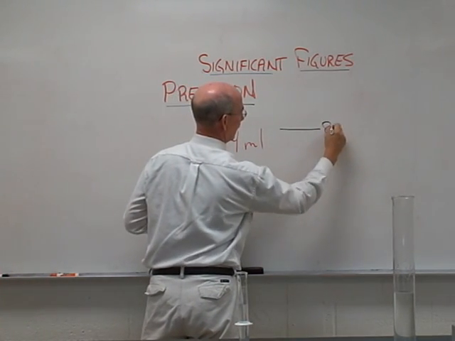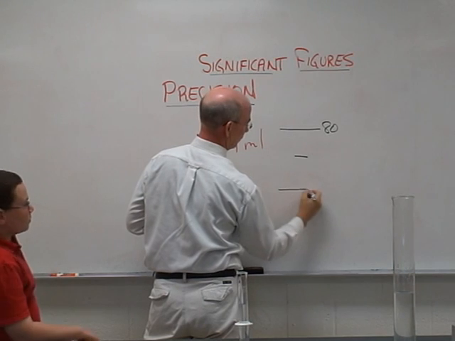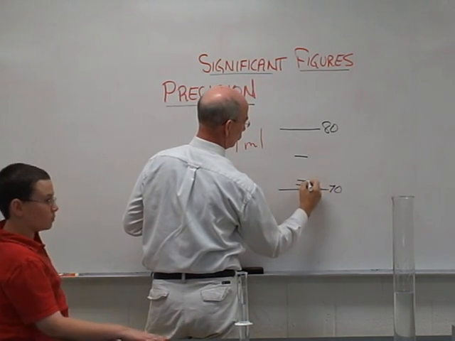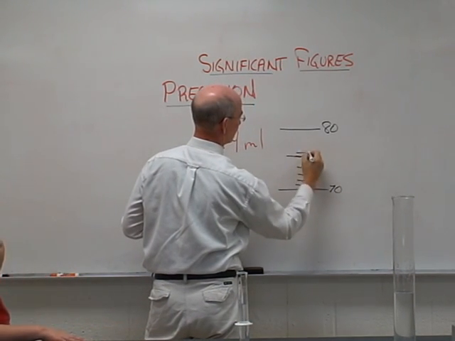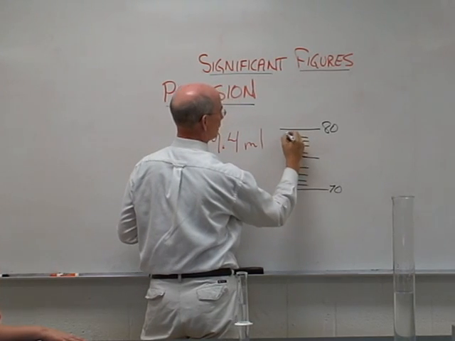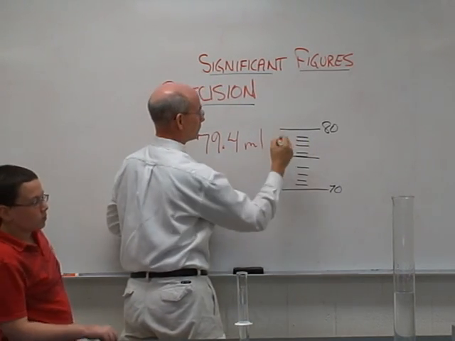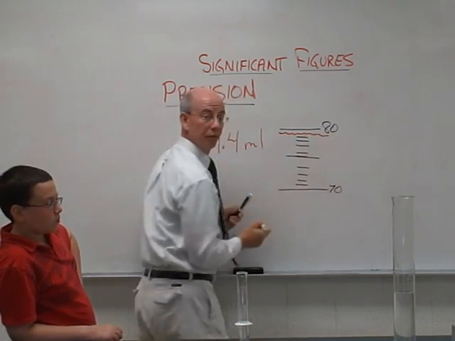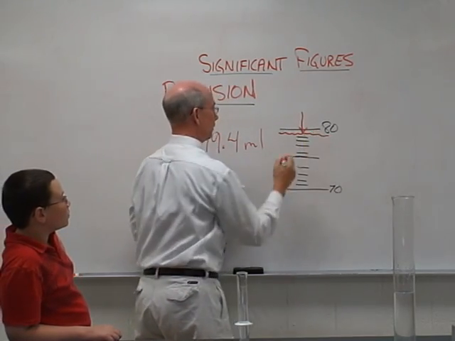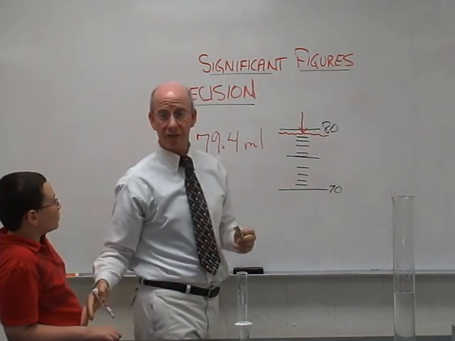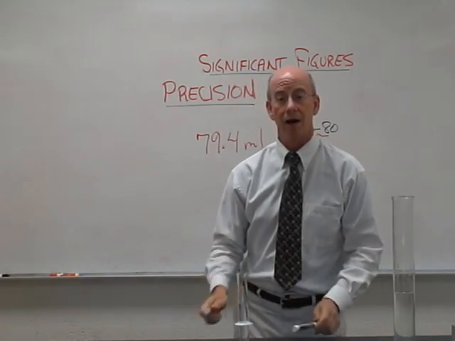If this is the 80 line, let's call that 75, and here's 70. 1, 2, 3, 4, 5, 6, 7, 8, 9. We're saying that the water line is right about there. 79.4, tenths of the way up. Okay, now